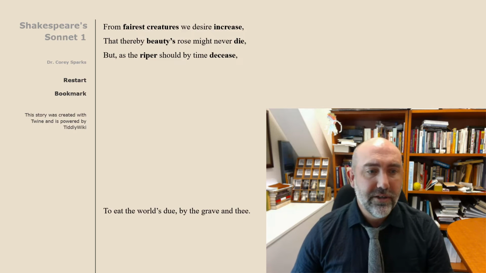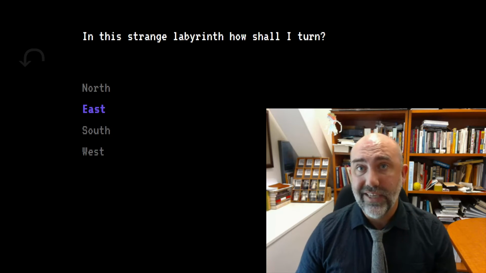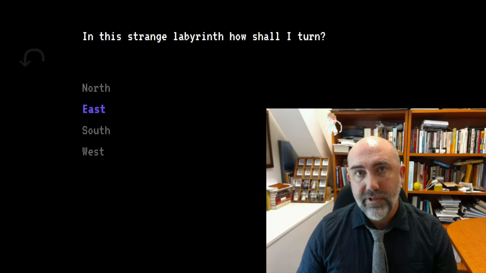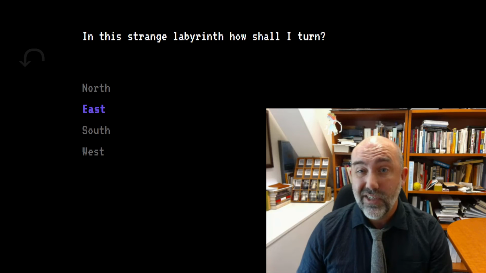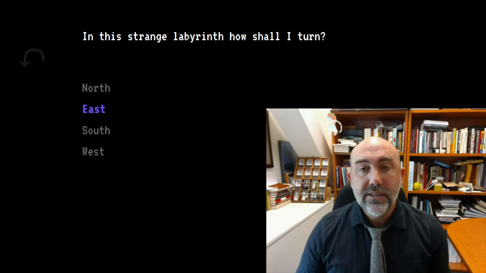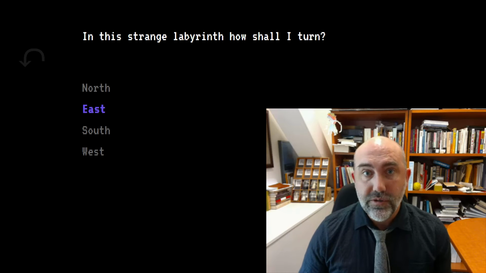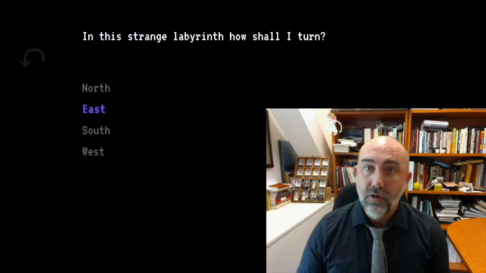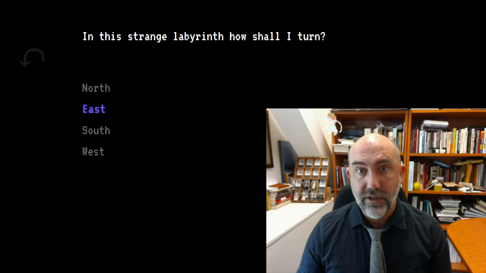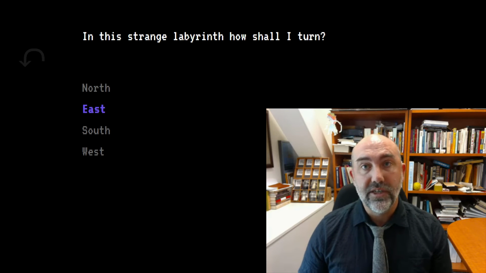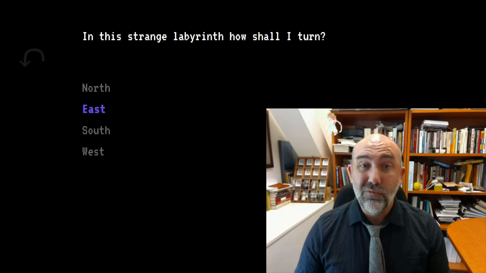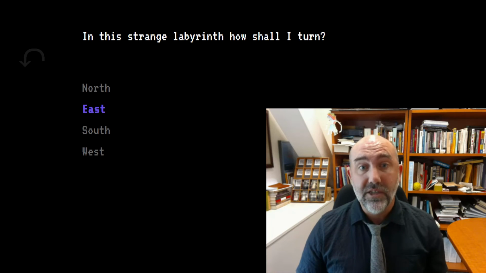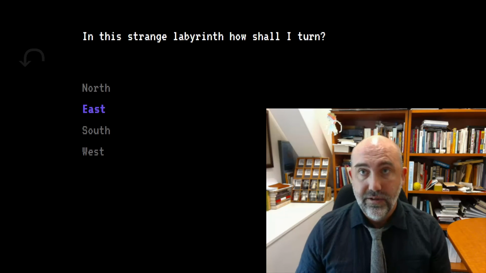In both the earlier and the current version of the game, the player is presented with a limited number of choices. The effects of these choices, moreover, are unknown. That is, there's no necessary indicator of what may happen when one chooses to click on a particular cardinal direction, or in the earlier version, one bolded word versus another bolded word. The game provides no explicit clue as to what the outcome of the choice will be other than the appearance of another line of poetry. The player is continually confronted with the titular question, how shall I turn?